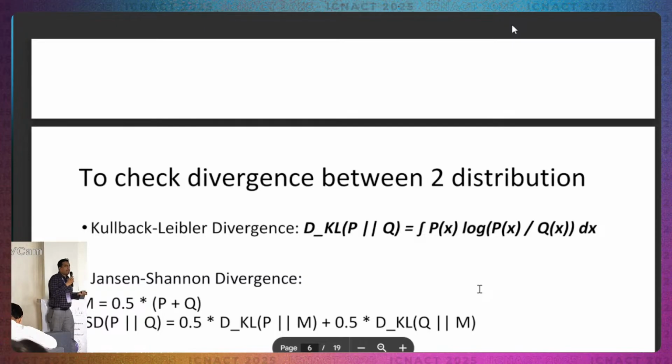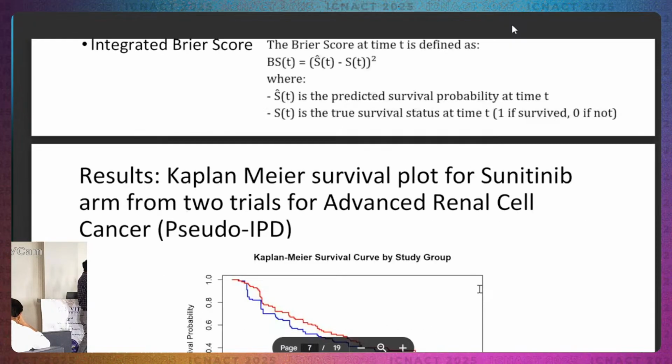Basically, when we have several data sets, for example, say we have two example data sets, we are trying to see how closely they match. Kullback-Leibler divergence is one way to check for divergence in two data distributions. But we see that it would not work that well in time-to-event data. There is an improvement in the symmetric divergence metrics like Jensen-Shannon, but